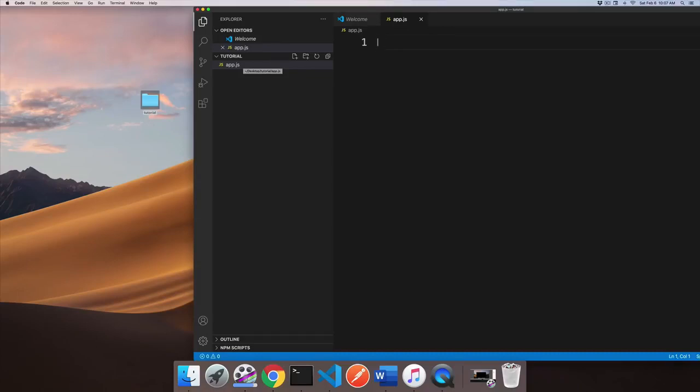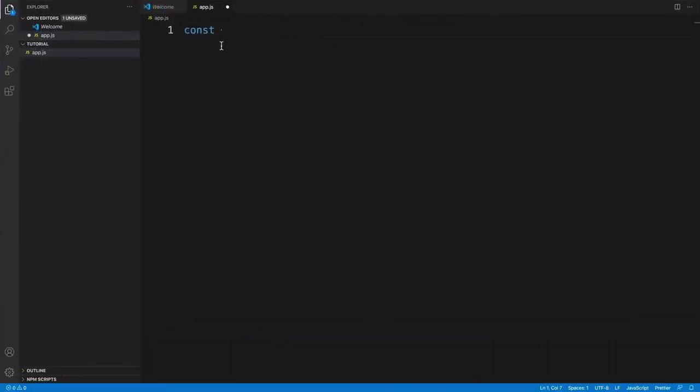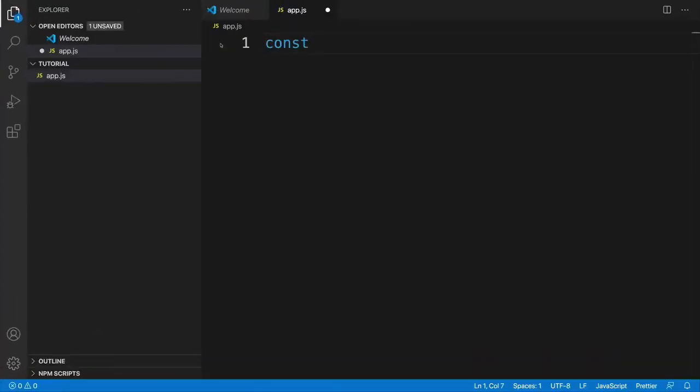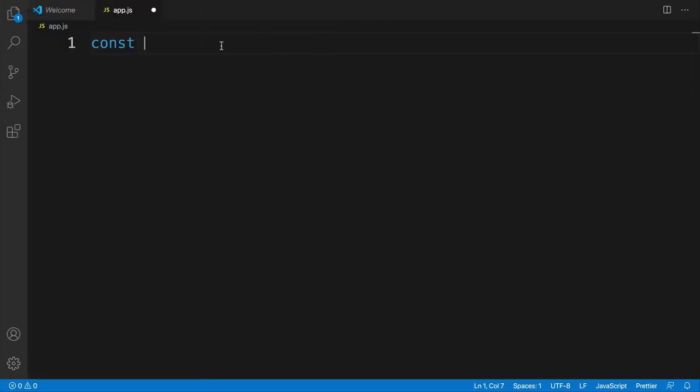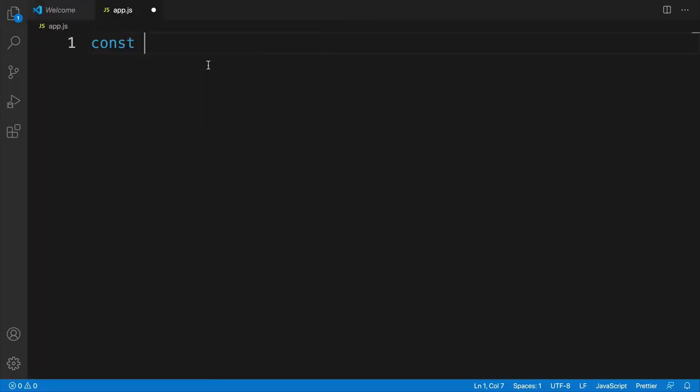And the program is going to be following where there is a const. So there's a variable by the name of amount. And as a side note, I'll make this bigger, and I'll probably bump up the font size just so we can see a bit clearer. So we're going to go with const, and you know what? I'll also close the sidebar. Hopefully you see that I have the file by the name of app.js. And like I previously mentioned, we're going to have a variable by the name of amount, and it's going to be equal to 12. And now let's set up an if condition where if amount is less than 10, then